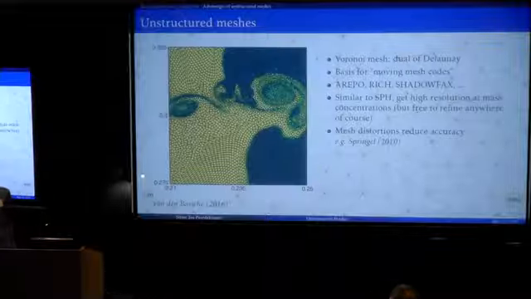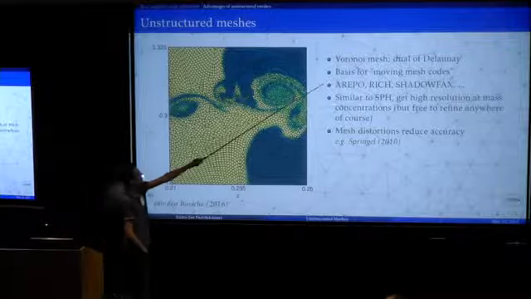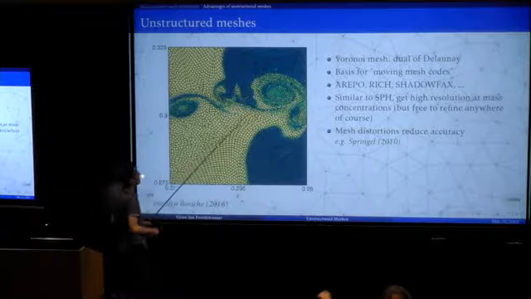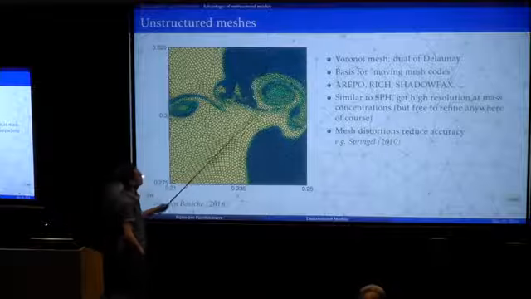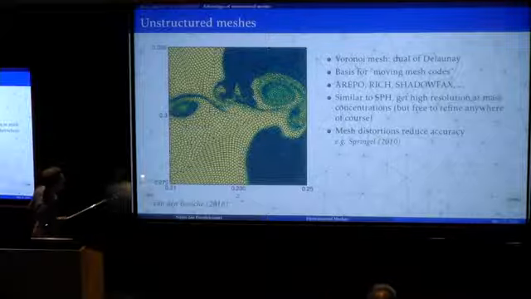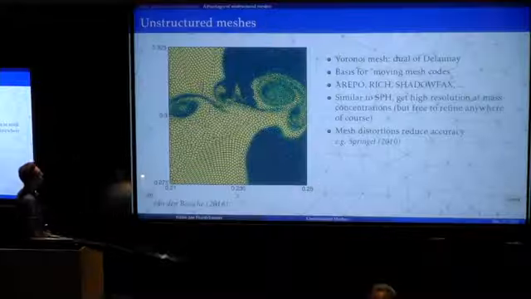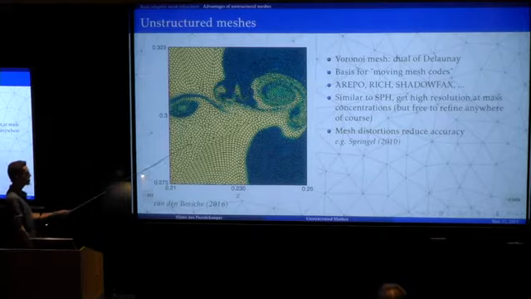Now, of course, the use of unstructured meshes has become very popular over the years, in particular due to the moving mesh crowd, which use Voronoi meshes, which is the dual of Delaunay. So it's essentially the same. So arguably started with the Arepo code. There's now many more. The Shadowfax, which is a code I learned about. This is actually a visualization of Shadowfax I didn't know about before preparing this talk. There's also, of course, GIZMO, which can operate in this mode as well, although